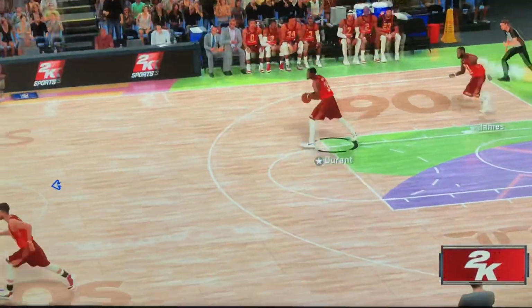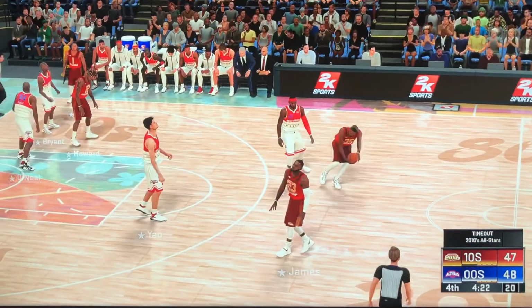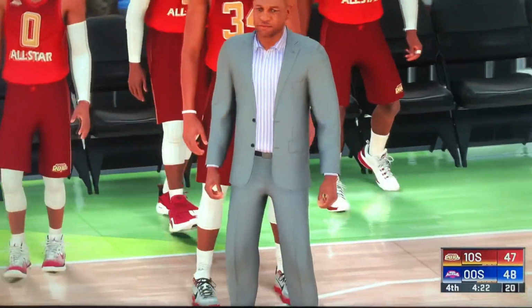You can see some muscle. Some urgency from him there. Sure. Now a timeout called by the 2010s team. Trying to snap them out of this little slump. Well, they can't find the net right now, and all they need, I think, is...